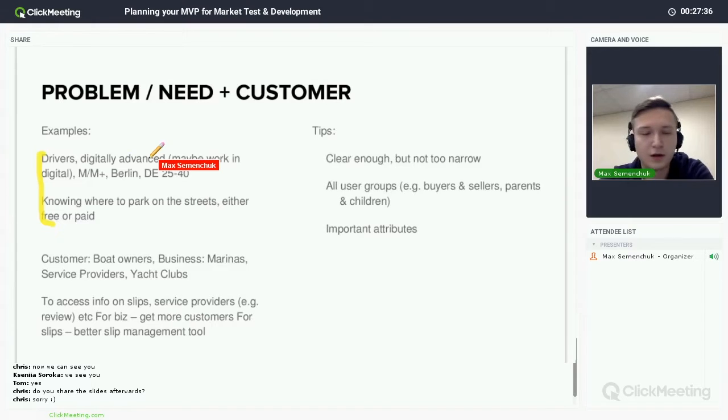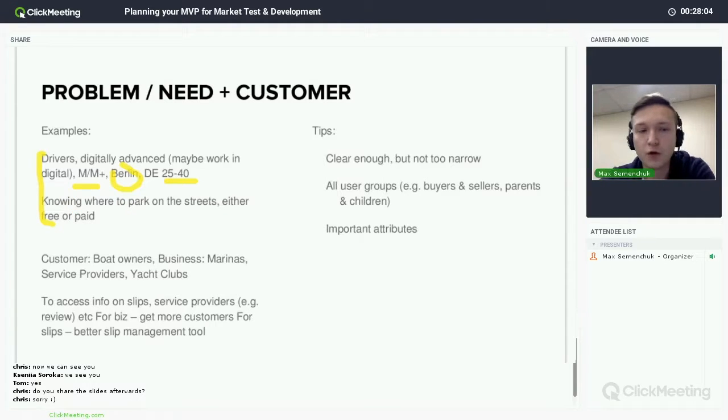Maybe the early adopters are some guys from digital agencies or other startups, usually males. I'm targeting Berlin or Germany, and their age group is 25-40. So this is what is significant for me. It's really short.